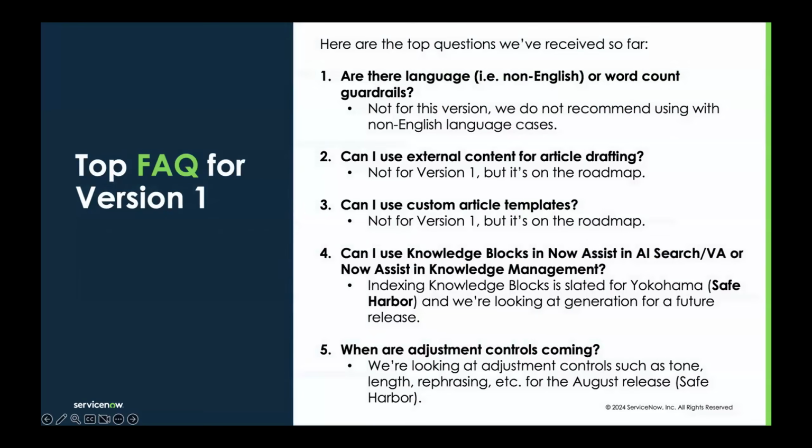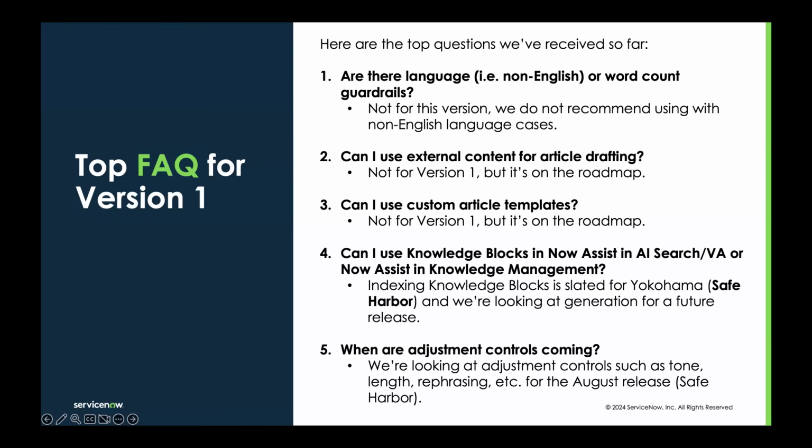I see we have a few questions. Let me cover this top FAQ, and then I'll see if I can hit these questions, and then I have a survey for y'all. As far as language, I saw we had a question about Spanish. Now Assist does not support any languages other than English as of the May release. We don't support non-English cases either. If you try to create an article from a case that's in Spanish, we don't have any guardrails for you. You can definitely click that button and try it, but we can't guarantee the outcome of that article, and that's something we won't support with a case. So just know that we are only supporting English as a language right now.